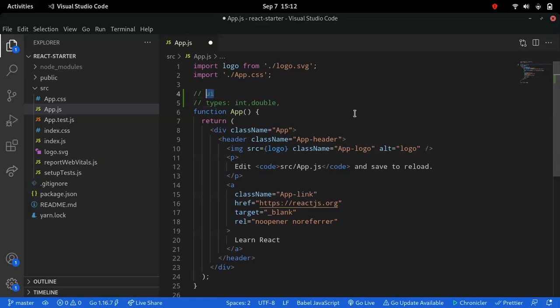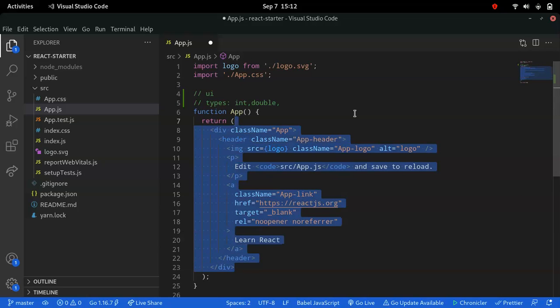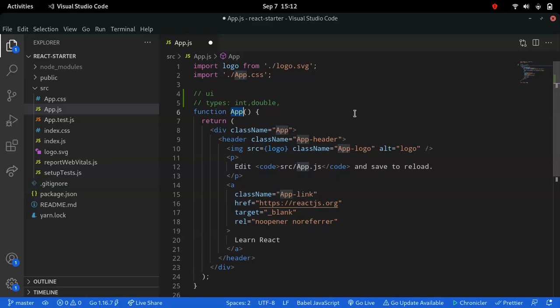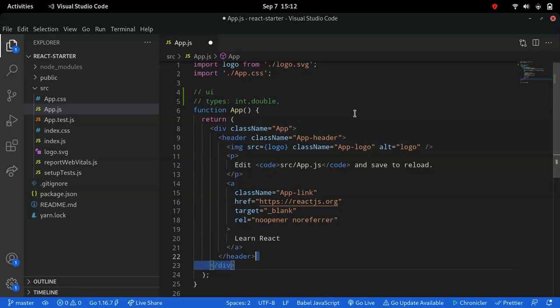You can either return UI or you can return types, right? There are these kinds of functions in React. Here we are returning UI. How do we know we are returning UI? Because we're using HTML elements. You can see that we are using a div, a header and everything. So basically we are returning a UI inside this function App. You can directly write HTML inside this function, which you want to display on